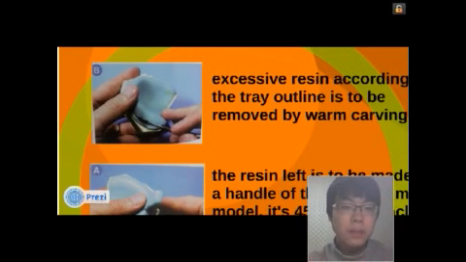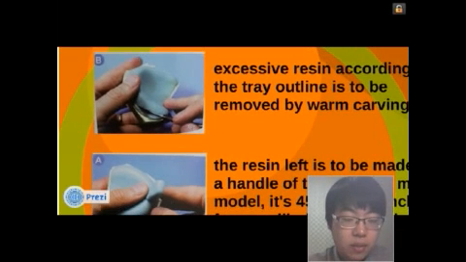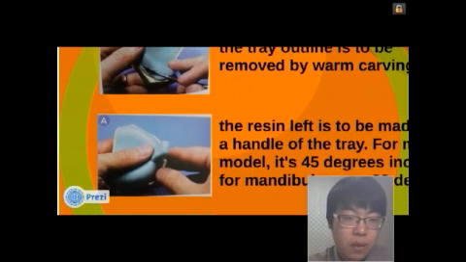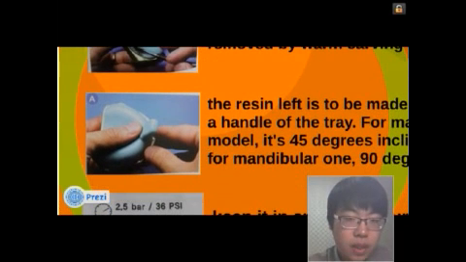Then, as you can see in this picture, while you apply this resin on the model, you can see the excessive resin over the tray line, which is to be removed by a warm carving tool. You should make sure that the carving tool is quite warm so that you can easily work on it. And with that leftover resin, you should make it into the shape of the knob, the handle